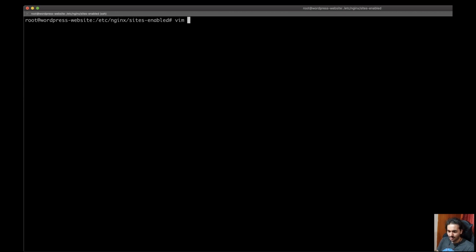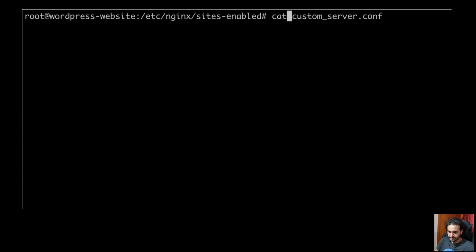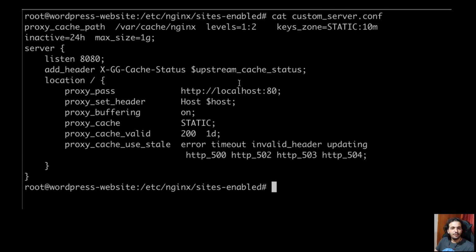Okay, so we are on our server, and we are in the Nginx config directory now. Let me just view the contents of this. If you notice, this is the config which Nginx is using for your proxy cache and proxy pass and all that. There is a path which I'm providing, where cache Nginx, that's exactly where all the cache data is going to be stored.